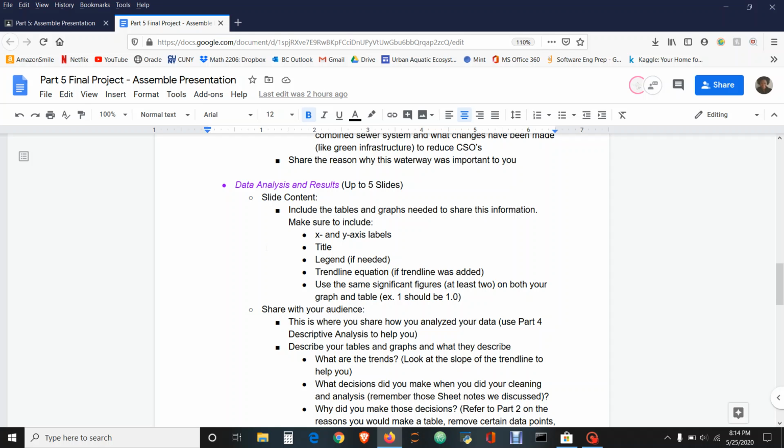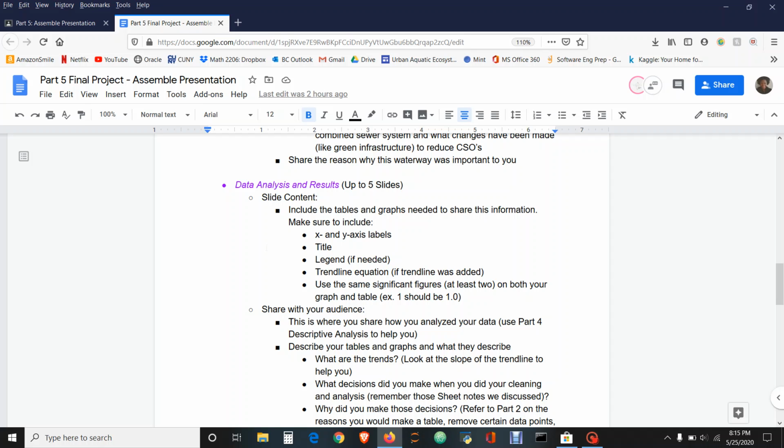So, slide content. Of course, tables, graphs. If you have edited your tables and graphs since you submitted them to me last week, or this week, days are running together, last week, then that is fine. That's kind of the point, right? Each time I've shared that they don't have to be 100% complete. And it's the same thing with this one. But